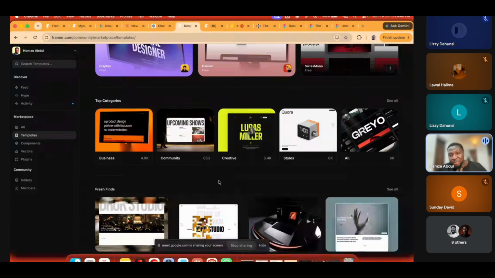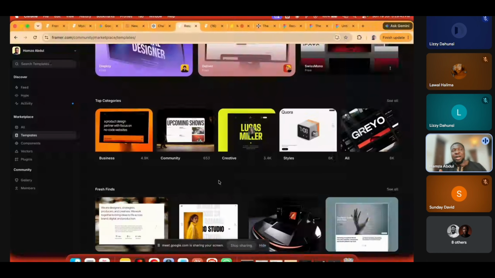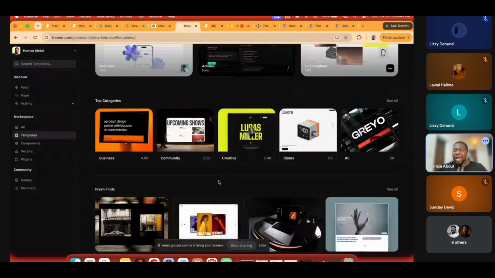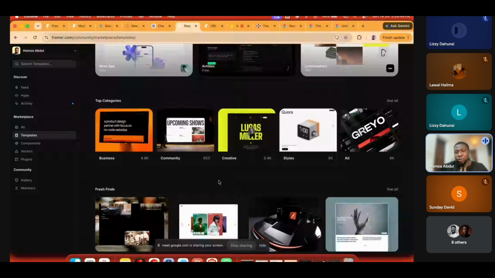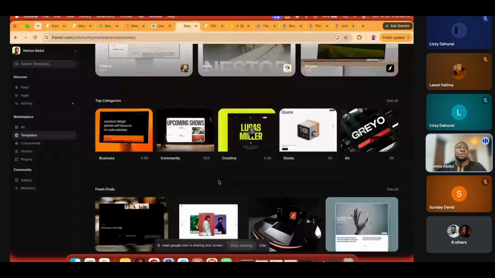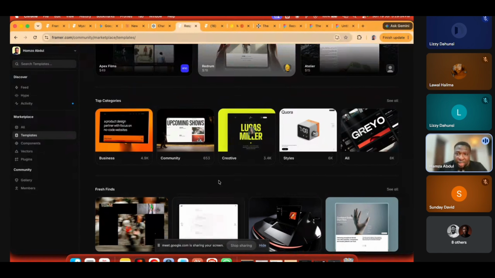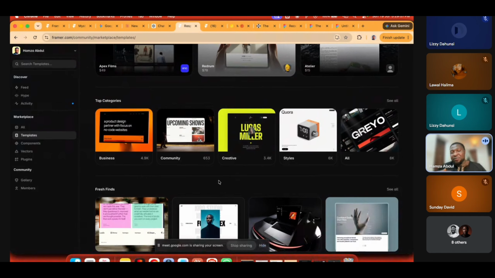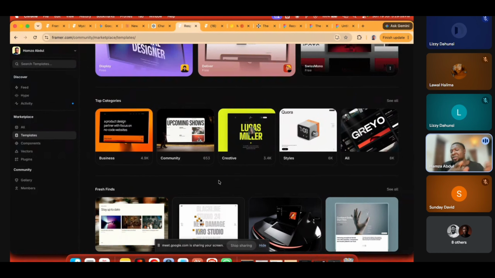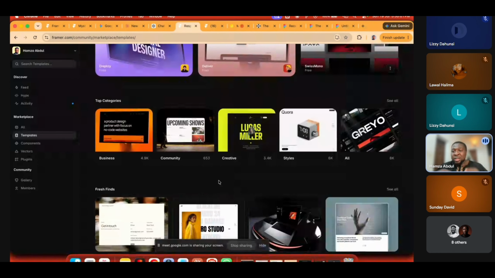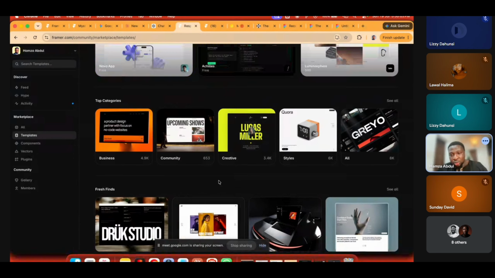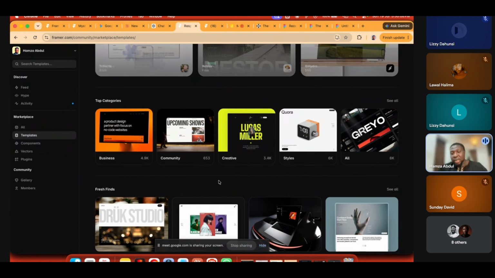And the other unlucky part now is that because people are getting familiar with AI, and Framer has introduced AI into their products, clients are now moving towards creating their templates themselves because they know how to use AI. So it's now very, very difficult. In the past, it used to be very, very difficult to get clients, but now it's super difficult. So you have to be very, very exceptional to get clients in the current climate.